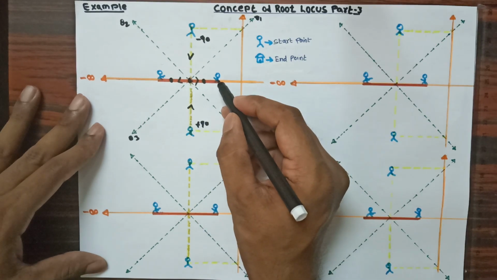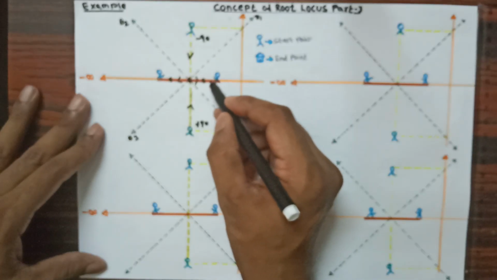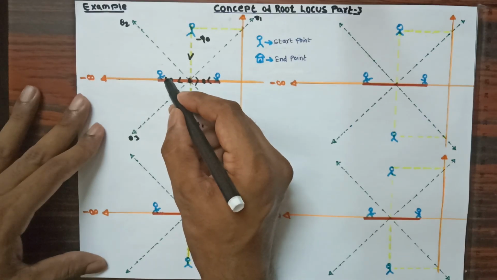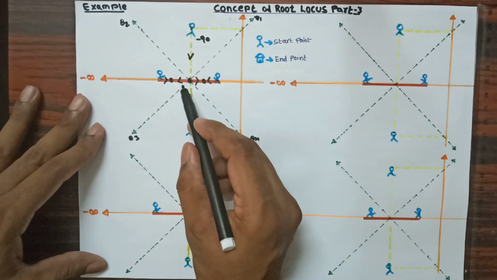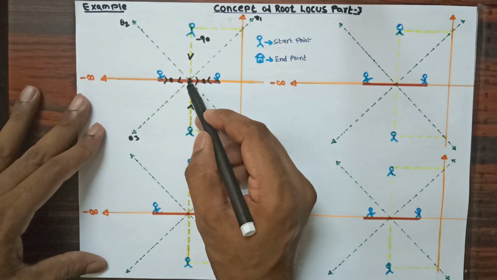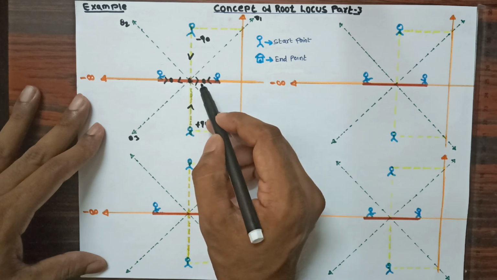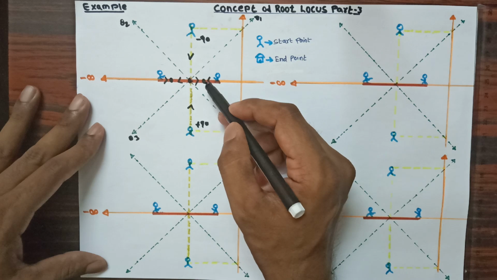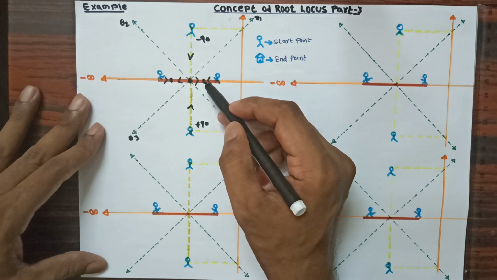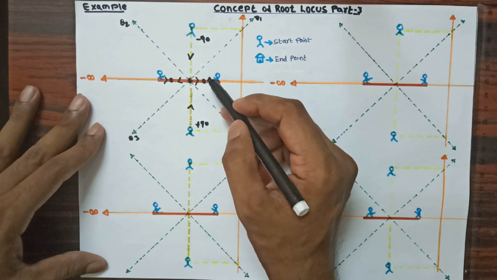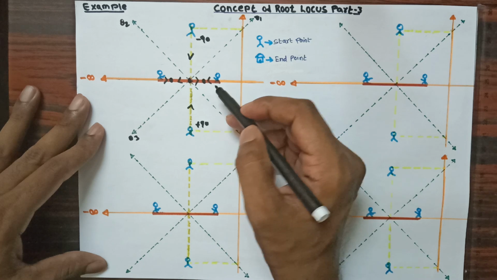And we know for these 2, when the input is applied, they will start to move in this direction. This person will be moving in this direction and this person will be moving in this direction. Now, when these 2 have met at this point, that is at this breakaway point, one is going to the left-hand side, another is going to the right-hand side, and this person is moving in this direction, both going to meet at this point. That means both persons are going to meet at this breakaway point. So once they meet, they come out and look at the angle, and by following the angle they will try to reach the infinite destination.